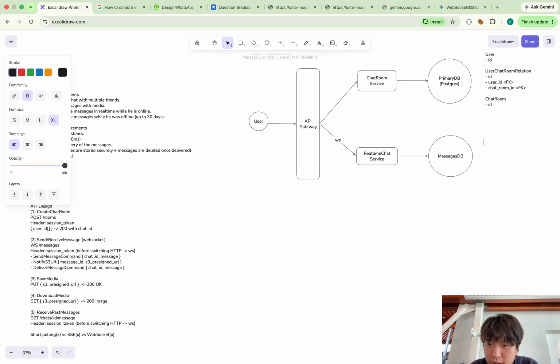So this should have messages, and user ID, chat ID. And okay, also we need the media ID.